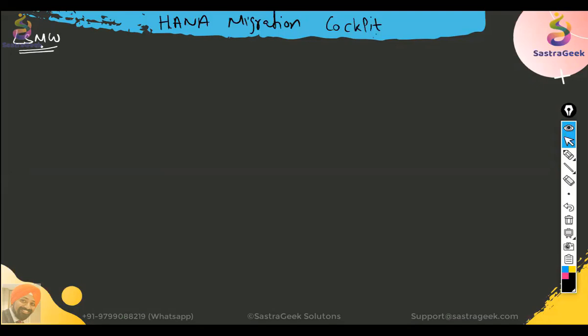Because of the way it is constructed, the way the architecture of LSMW is there, if you want to load anything with the LSMW, you need to follow 10 to 14 different steps. You need to do it, and after you complete those 10 to 14 steps, you would be able to load the data by using LSMW.